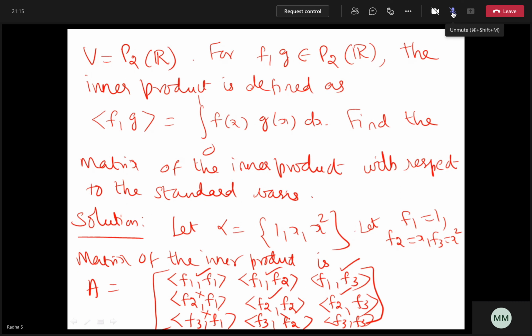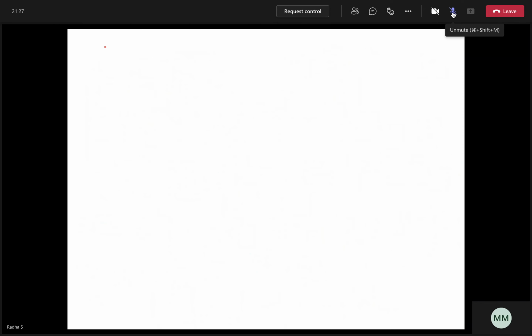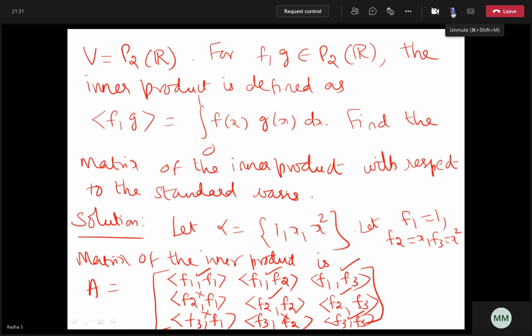Okay, what is f3, f2? It is already there. So 1, 2, 3, 4, 5, 6. Six elements you need to calculate. Can you once again explain why only those 6 elements? What is the inner product of f1, f2 and f2, f1? Same. Okay. So you calculate it only once. That's what I'm saying: the different things that you need to calculate.